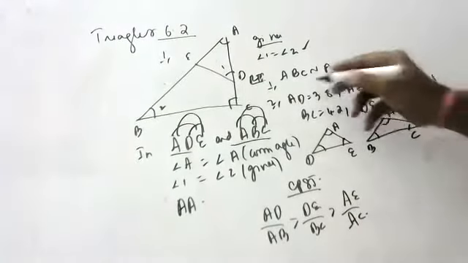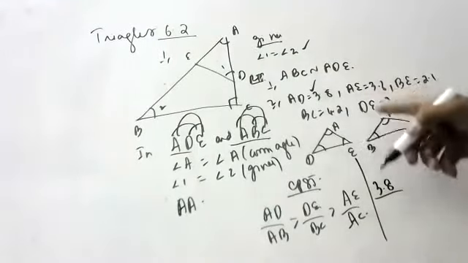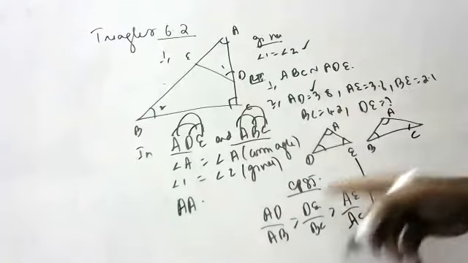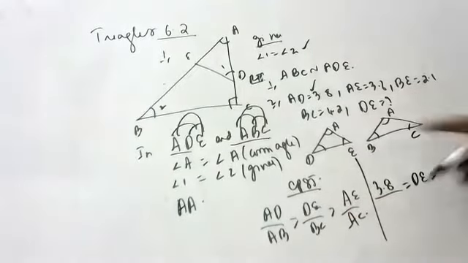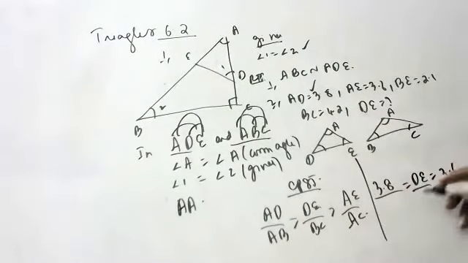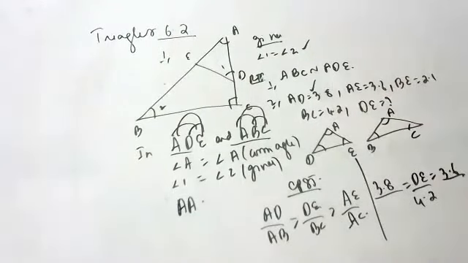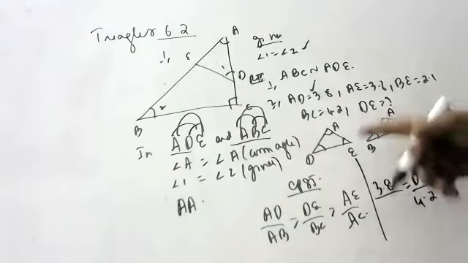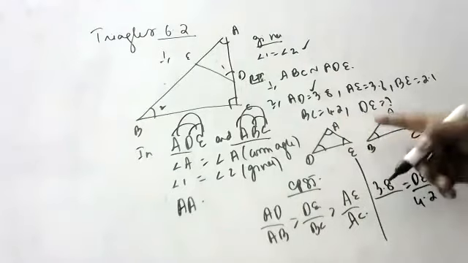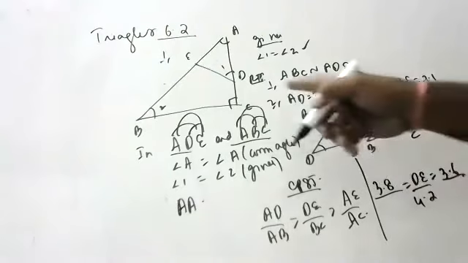Okay, children, now AD is 3.8. You see here, AD is 3.8. AB is not given. They are asking DE, children. And AE is 3.6. Please check, children, AB is not given. BC is how much, children? BC is 4.2. AC is not given. AE by AC, AD by AB. AB is also not given.